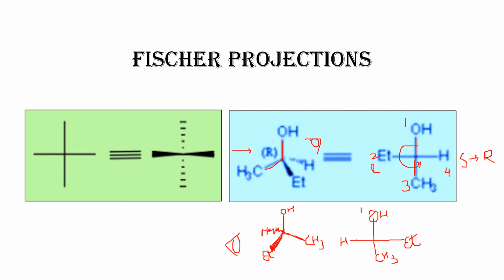And check here: 1, 2 and 3. See, in this way it has to come. This is R, you need to change this to S. Are you clear? The view will differ according to this wedge line. This solid and the wedge line will change. If you do it like this, this will be S and this will be R.